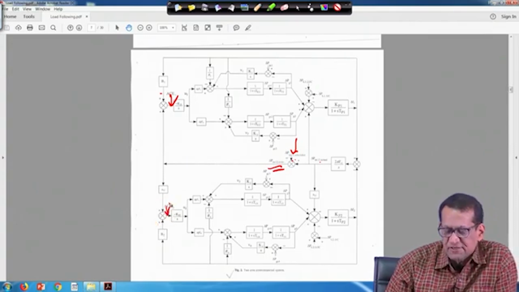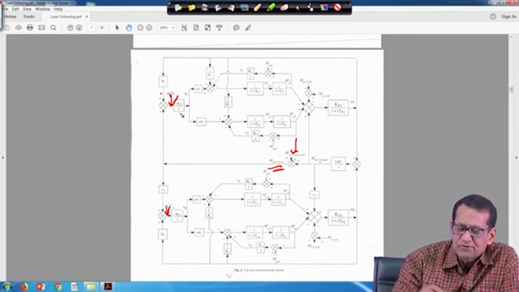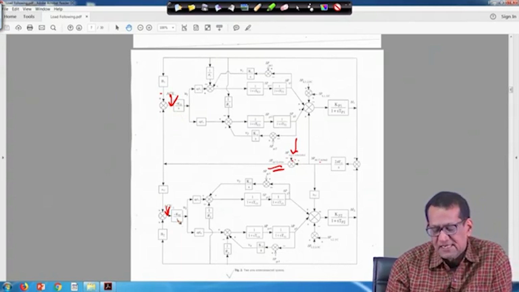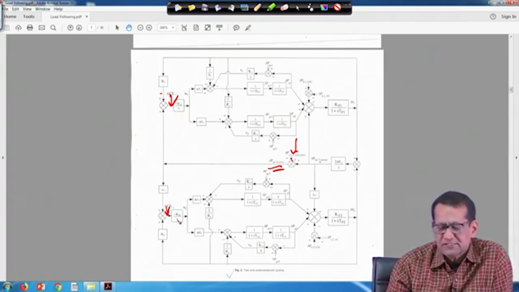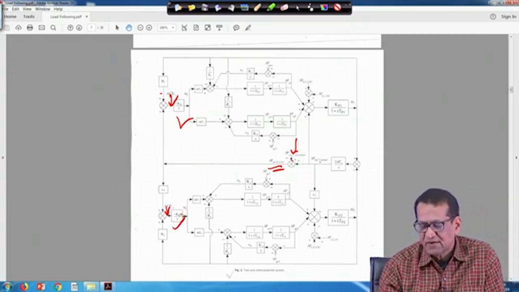So, this is actually your ACE2, and these two are the input to the integral controllers. It is minus Ki1 upon S, and this is minus Ki2 upon S, right. So, these two are your integral controllers for this AGC, right. Now, and next